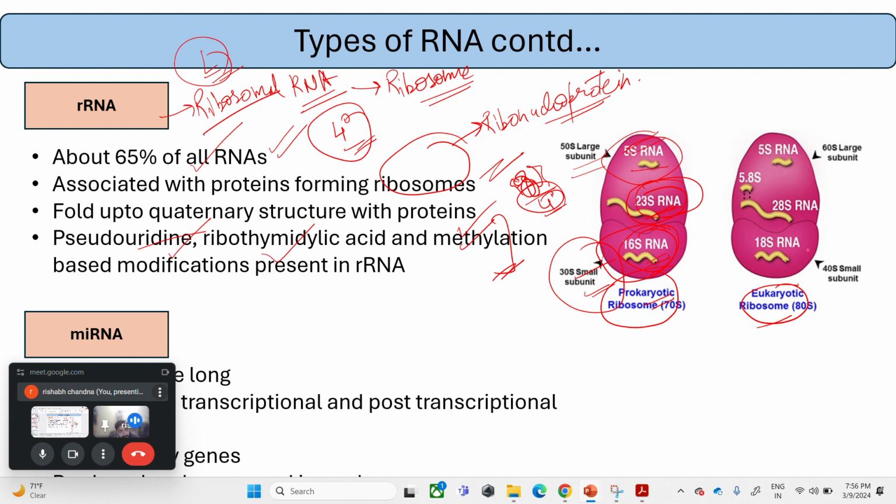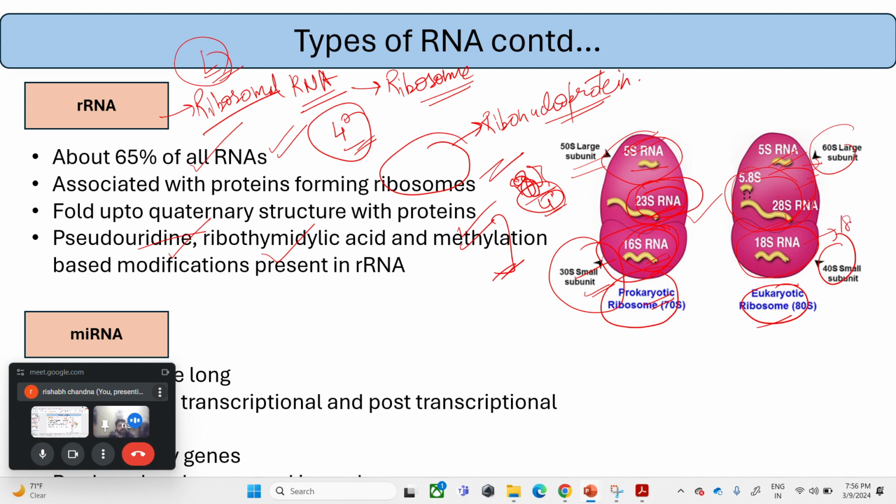Now, when we come to the eukaryotic ribosome, it also has a large and a small subunit, that is 60S and 40S. In the 60S, we have three types of rRNAs: 5S, which has a similar function, helping in translation, and 5.8S and 28S, which combined form the peptidyl transferase. Here we have only 23S in prokaryotes, whereas here we have the combination of 5.8S and 28S, followed by 18S rRNA